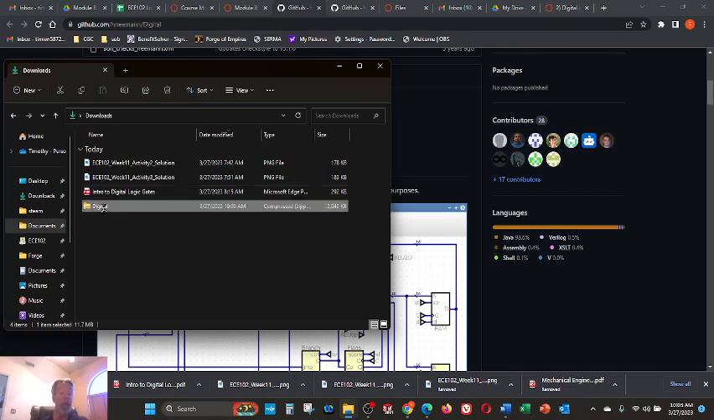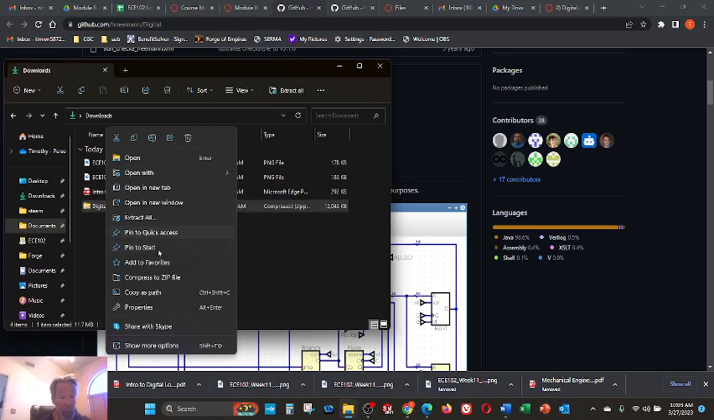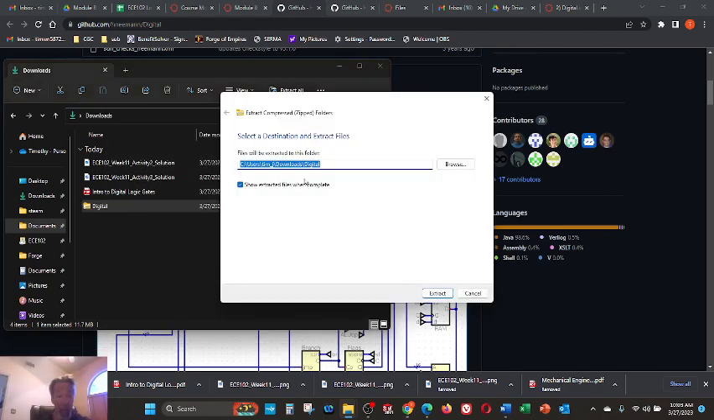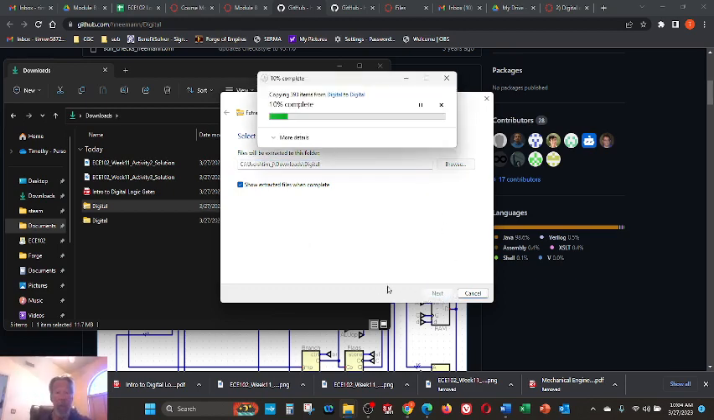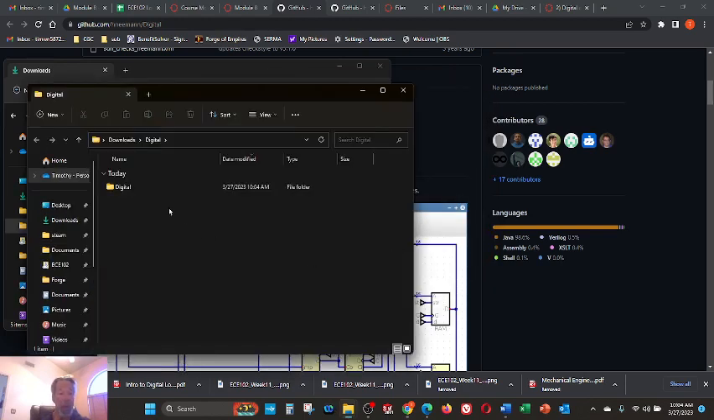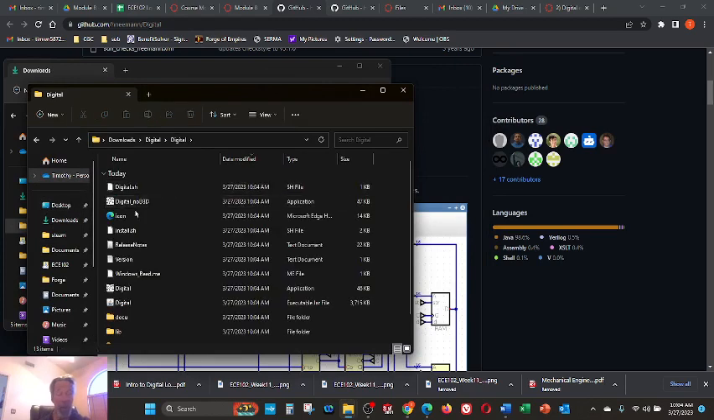But once you do that, you're going to right click and do an extract all. And you'll extract that all to whatever the appropriate directory is. And that will happen pretty quickly. We get that here. And we now have this digital folder on our computer. We'll go in there,